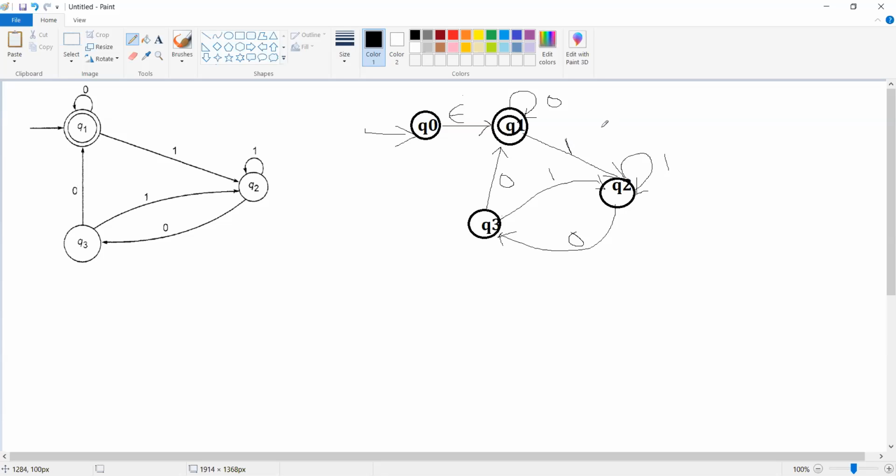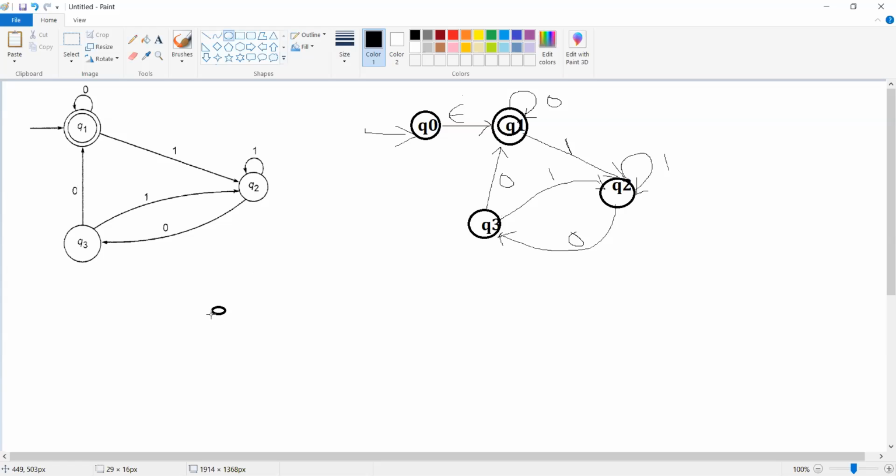Okay, so with this, what has been done so far? Now we have eliminated the problem of incoming transitions to the initial state. Now what we have over here, if you observe thoroughly, this is my final state Q1. For this Q1, I should have only the incoming transitions. But if you observe thoroughly, there are plenty of outgoing transitions for Q1. Now what do I need to do? I need to introduce a new final state.